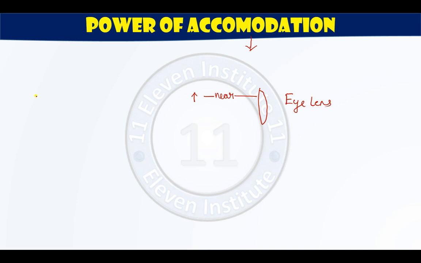And suppose an object is over here. This eye lens is also easily able to see an object which is far from it. Now this is the power of this lens, that it is able to see the near object also, it is able to see that far object also, but in order to see a near or far object, this lens has to make